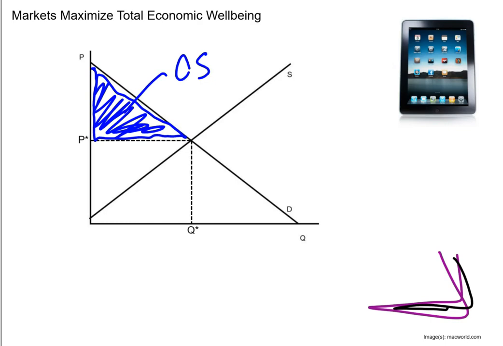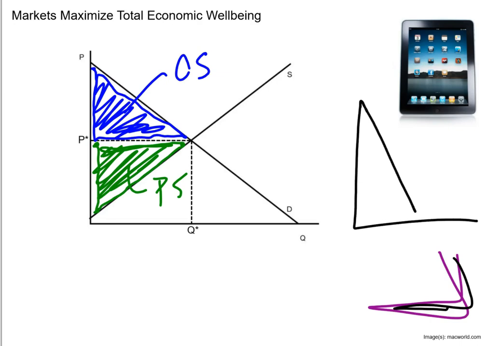For producer surplus, where is it in a market? It starts at the price they receive from the market, go down to the supply curve, which represents their cost of production, and you shade that in all the way over all the units they sell, which in this case is Q star, right? So that bottom triangle is PS. Does it look like these two areas, the consumer and the producer surplus, represent the same area? Stop for a second and think,